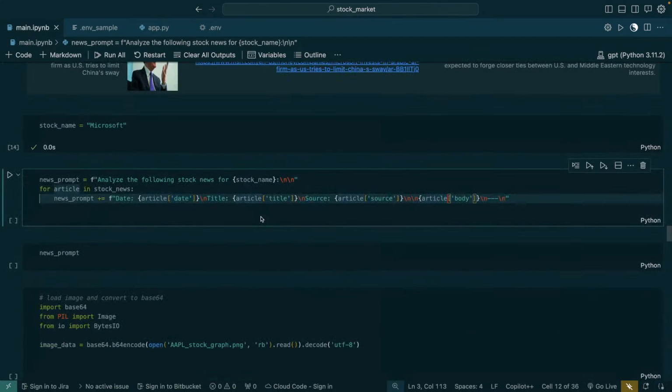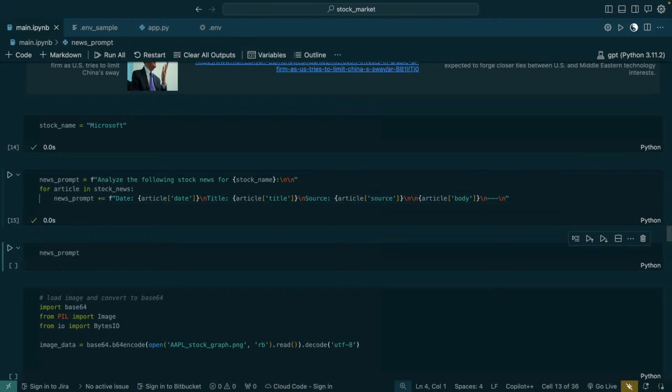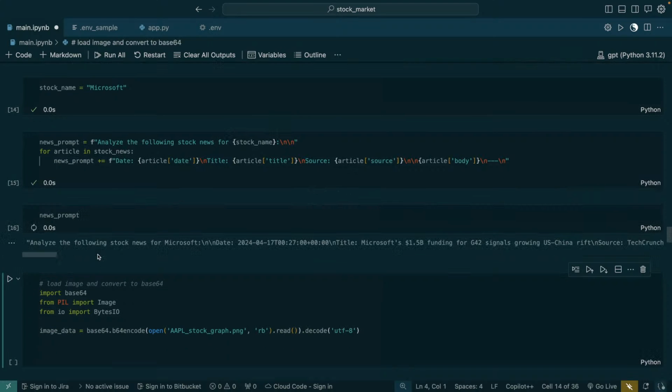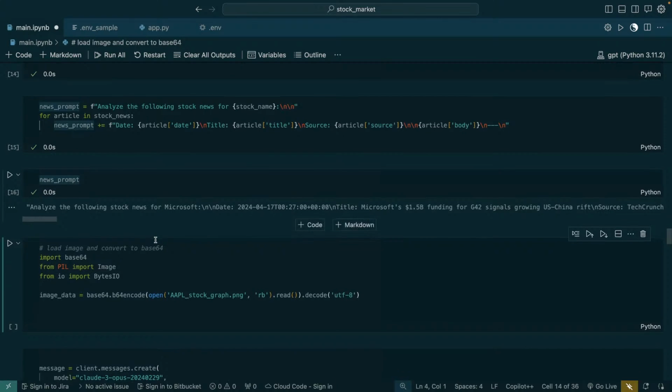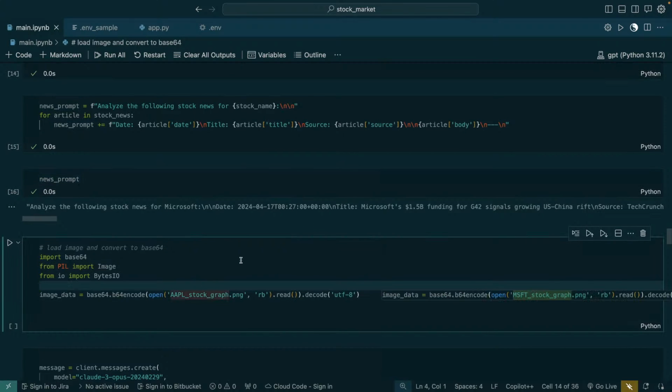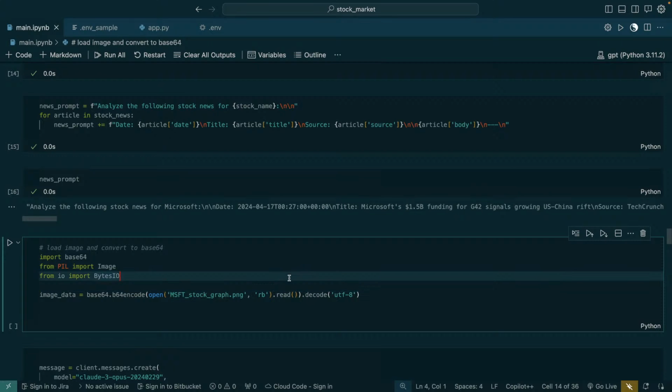So we need the title, news source, and body. Let's create a prompt. In the prompt, I'm just combining everything as a news prompt. So this is the news prompt. Cool. So far, we have got all the details needed to build some